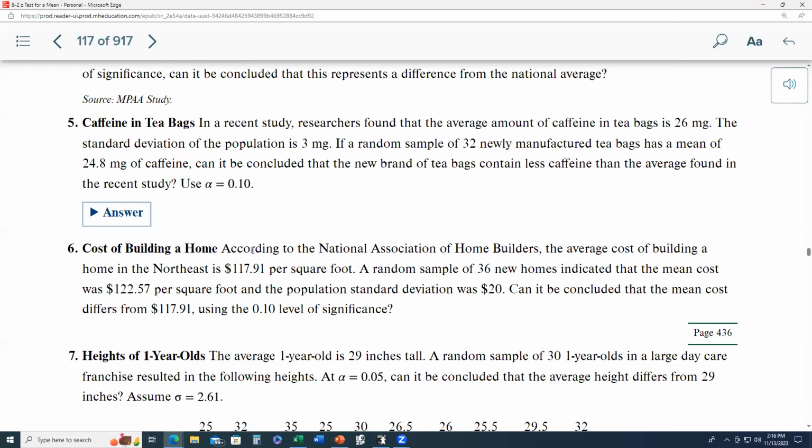That there's less caffeine in tea bags now. How much less? Less than 26 milligrams. Yeah. A layperson can understand what you just said there. Hey, in these new tea bags they just came out with, there's less than 26 milligrams of caffeine. Well, they might not understand what a milligram is, but at least they can understand what you just said in general. All right. So always try to paint the conclusion in terms that a layperson can understand, because